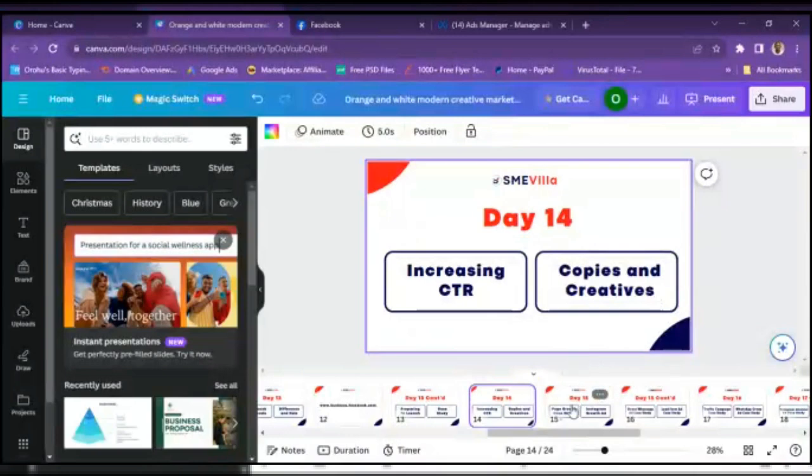So what increases your ad click-through rate is everything that has to do with the presentation of your ad in front of your audience, how appealing and how compelling and how attractive it is. This is what determines people's reaction and action on your ad, right? So